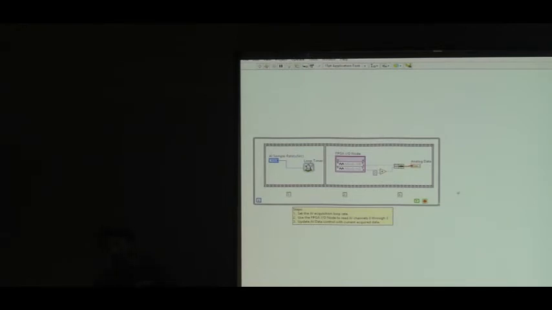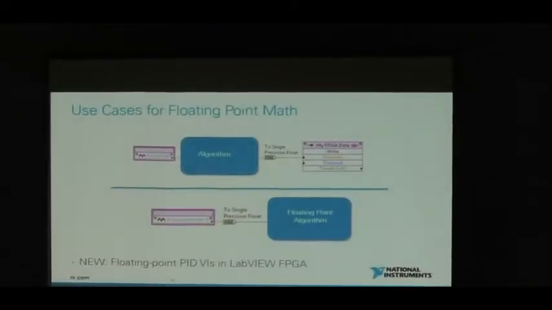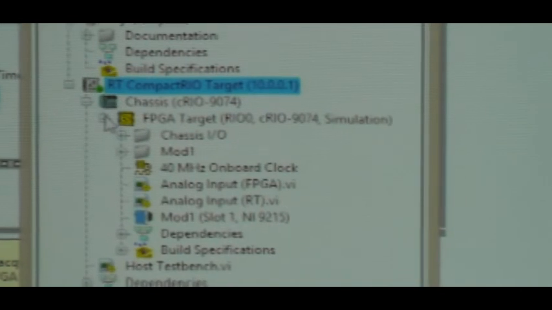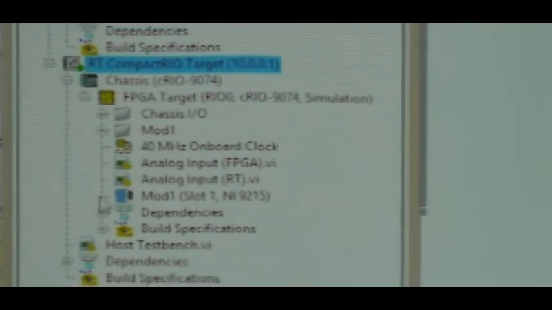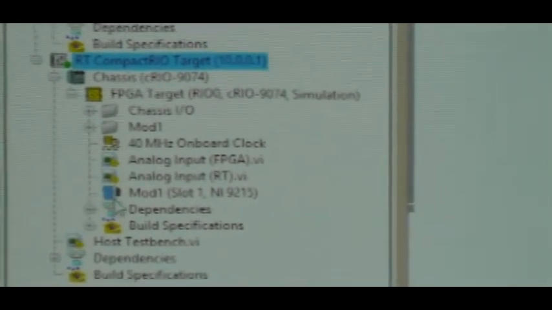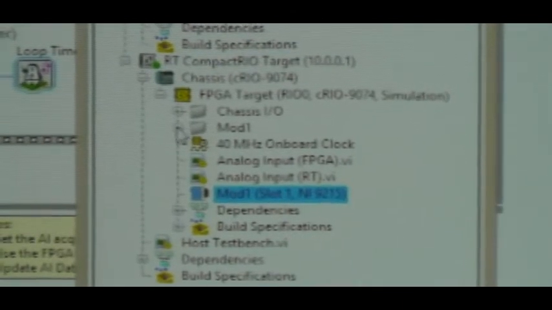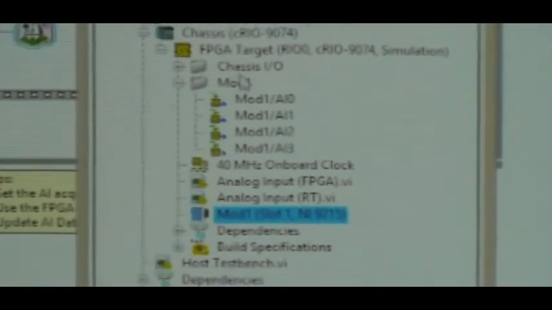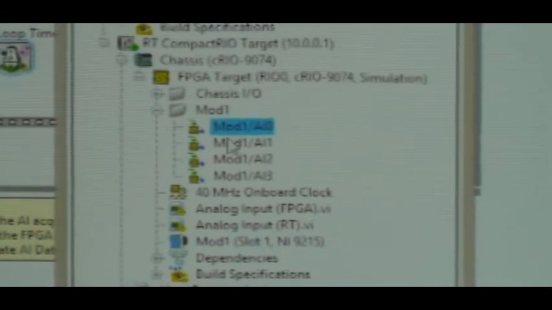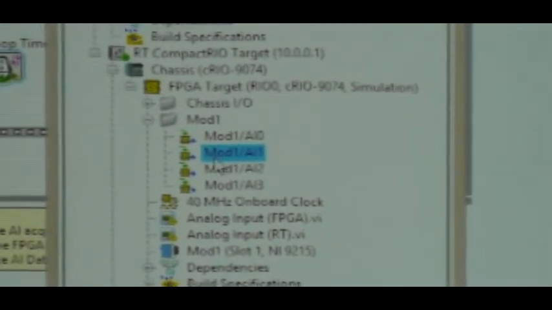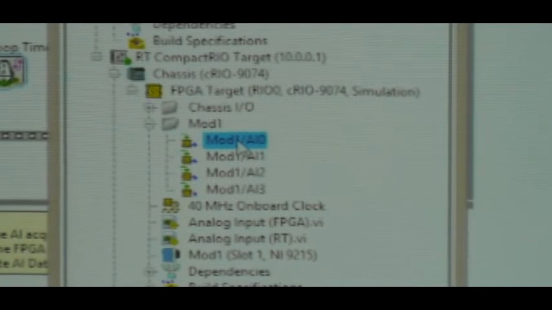Very good question. If I understand correctly, your question is how do you actually get your I/O into LabVIEW? So if we go back to the project, when you add your CompactRIO, you can have it automatically detect your FPGA, and it'll also automatically detect the modules that you have in there. So in this case, we have our module, and it also has module folder 1. These are all the potential I/O on that module. And if I wanted to, I could rename this to something more logical to me, like